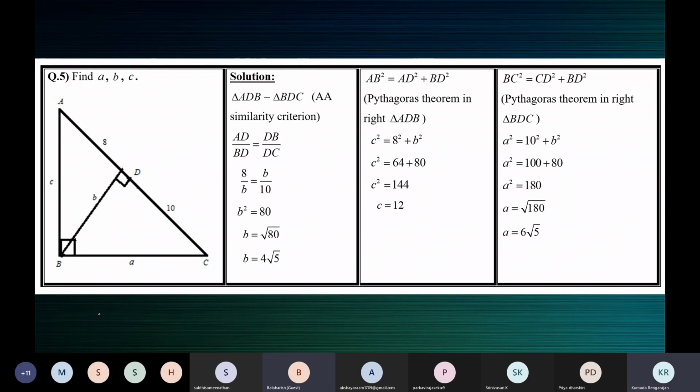I hope all of us are getting it. See, you can do it in different ways, children. I only have worked this one way here, but you can do it in different ways. I just recall the results for you: the results of AB square, BC square and BD square using similar triangles. I'll not disturb you for some time to see how it has worked.